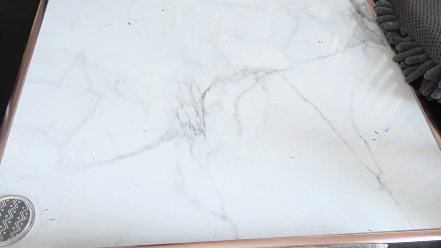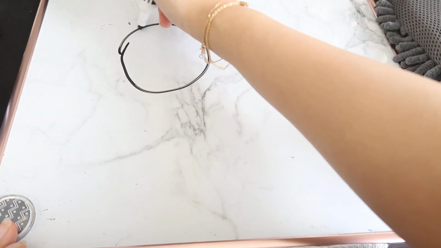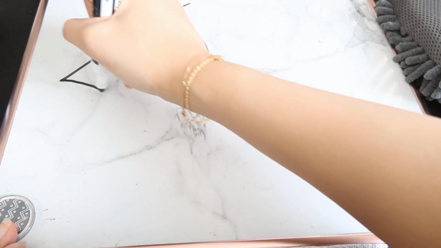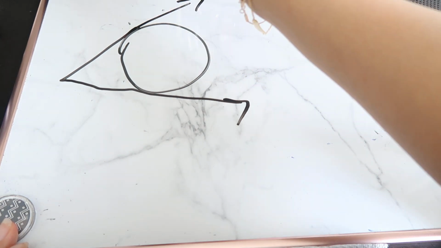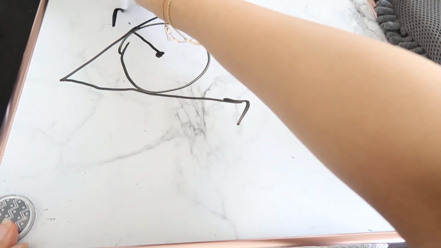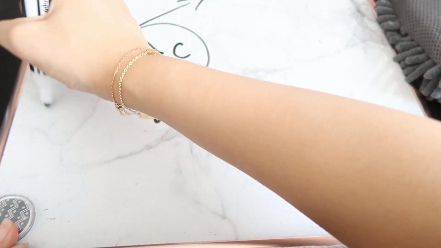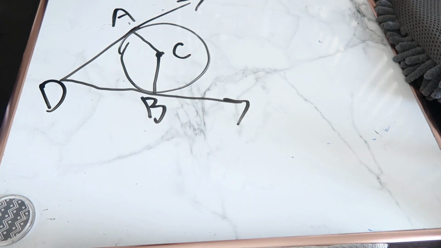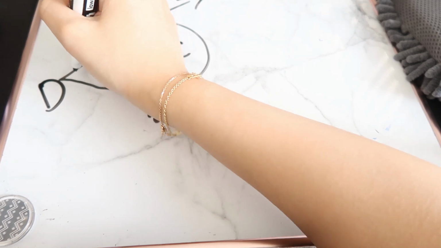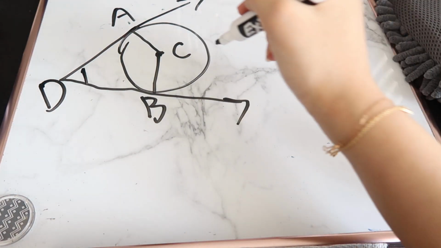Alright, the very last theorem is called the circumscribed angle theorem, and here we have a circle. We have 2 tangent lines that go to the outside. This is the center, and we have A, B, C, D. Alright, so if we take a look at this and we're trying to find this angle here, we've got this angle 1. So the way we do it is that